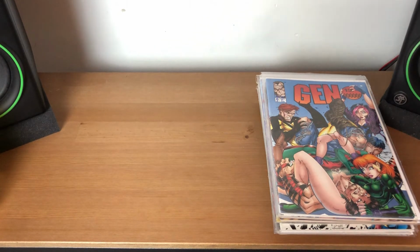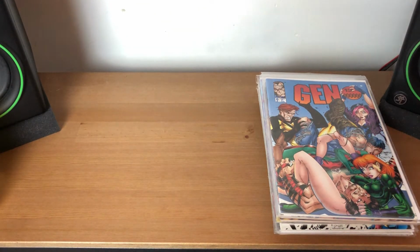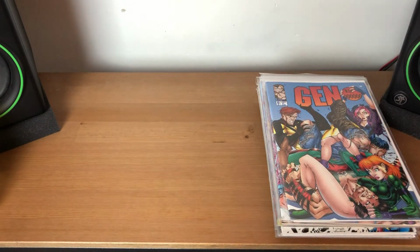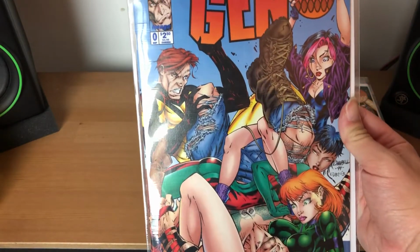The first batch of books I'm going to show you are the Image books. Recently I got a bit too nostalgic with my collecting and decided to get some of the Image titles that I grew up with, starting with a run of Gen 13. The only reason I got this run is because it was cheap. I've got Gen 13 numbers 0 to 10 for only $10, and these are really nice, awesome J. Scott Campbell covers. Number 0,